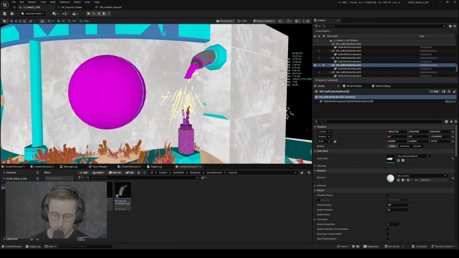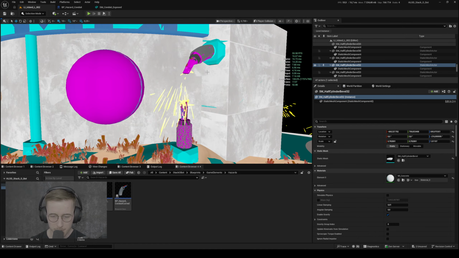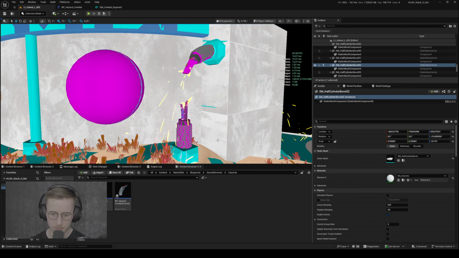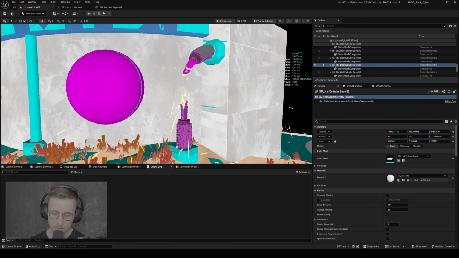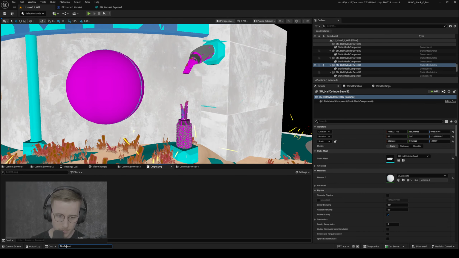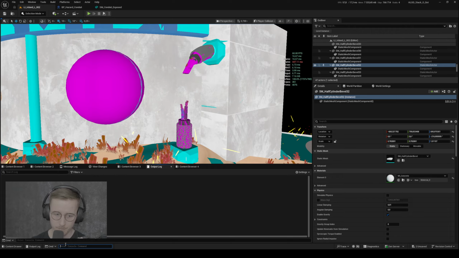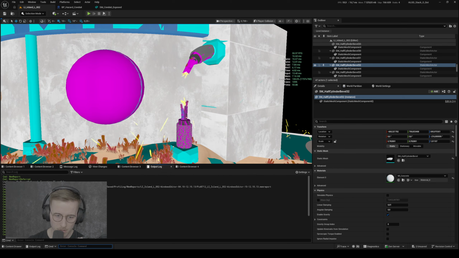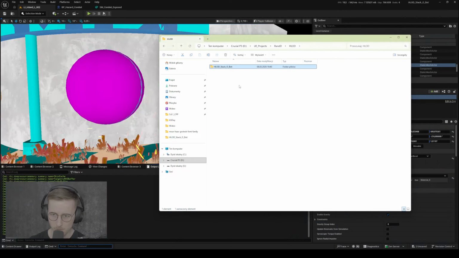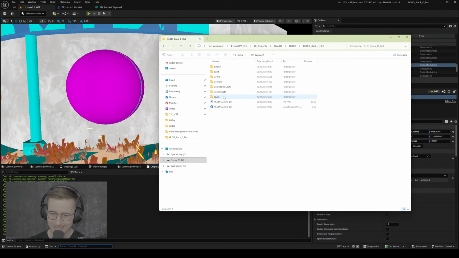Hello, today I will shortly tell you about the MemReport, how to work with them and what interesting information we can gather from that information. Okay, so through your build or through your editor, because we are testing on the editor right now, we can use the command named MemReport. We can post MemReport or MemReport full. Let's test it, MemReport. Okay, we gather all of the information, and in our folder with the project in Saved